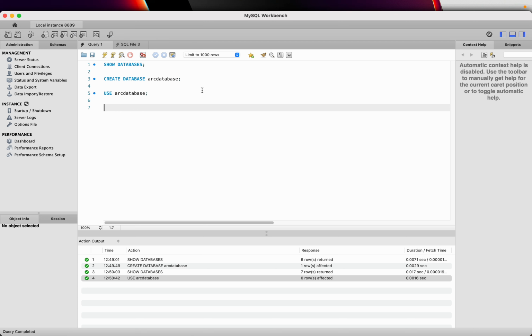So that's how you create a database in any SQL database. It can be MySQL, it can be Postgres, it can be Oracle, or any other relational database that you are using. I'm giving you an example of MySQL here. I'll show you a couple of examples with PGSQL, Postgres, also. But